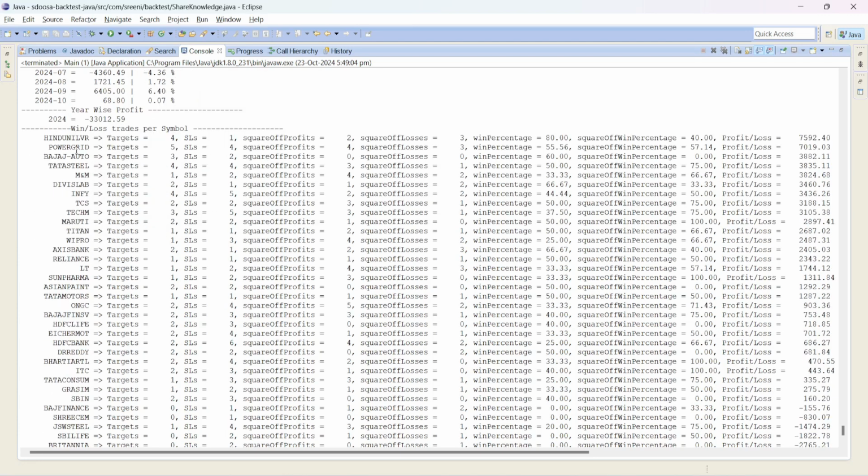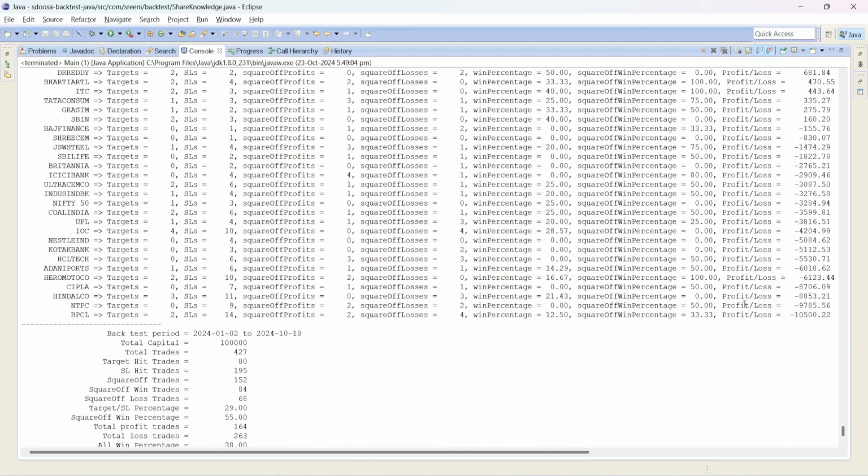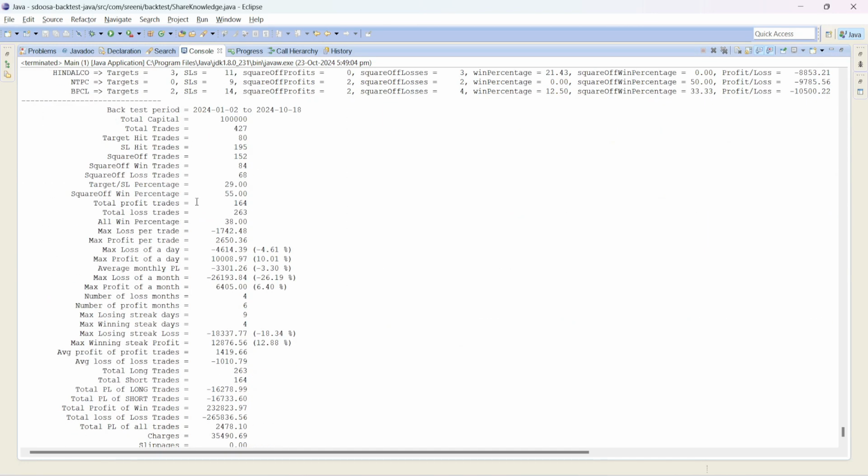So there are different stocks here. You see, some of the stocks might have given profit if you look from the top, and the stocks below gave loss. These stocks are from Nifty 50. Okay, and if you look at the target hit rates, there are 80 among 427, and 195 trades are SL hit,